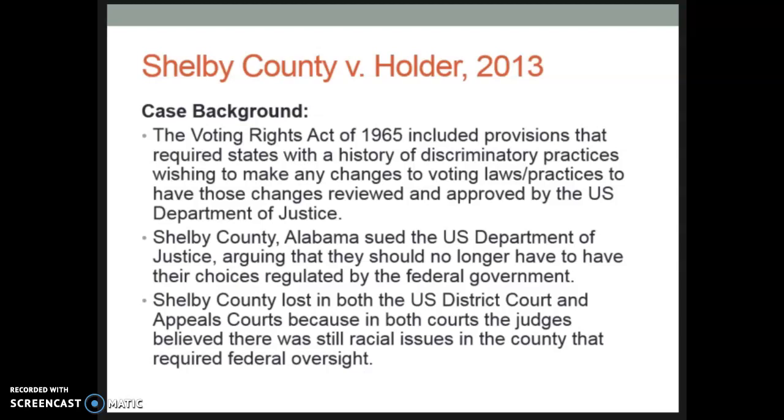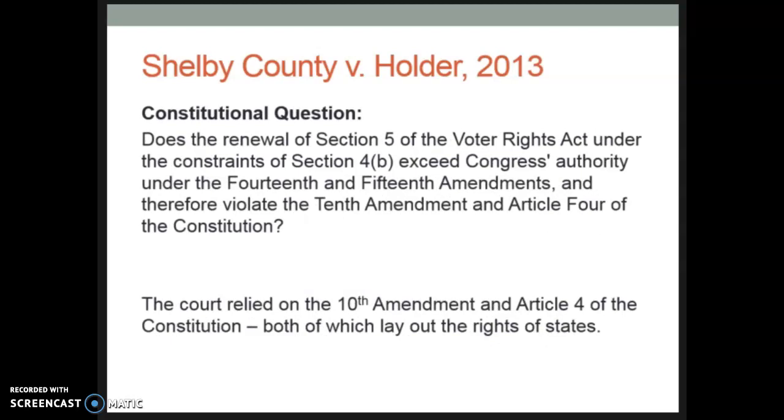Shelby County lost at both the U.S. District Court and the Court of Appeals. In both of those courts, the judges believed that there were still racial issues in the county that required federal oversight. So they're going to appeal to the U.S. Supreme Court. The U.S. Supreme Court, the question before them was, does the renewal of Section 5 of the Voter